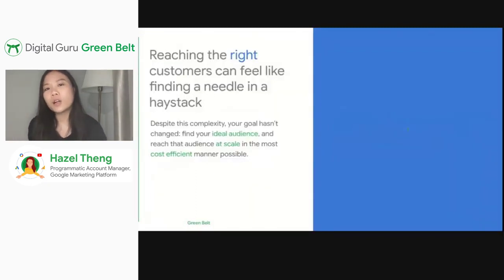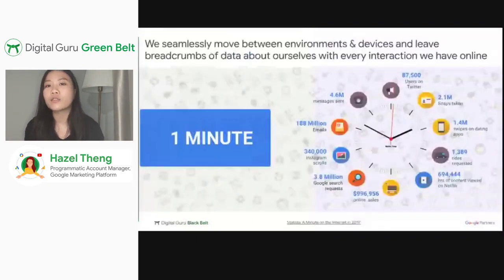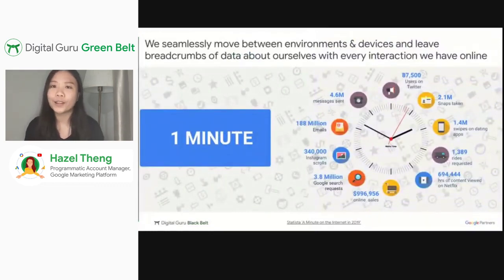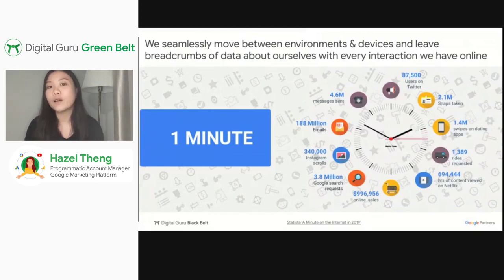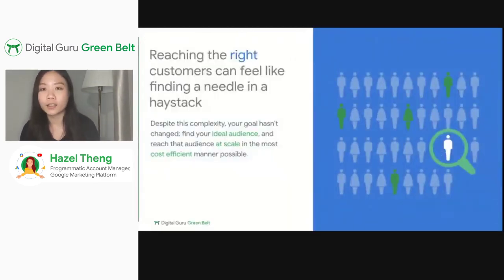And this is even more apparent in today's digital era, right? Where as consumers, we don't just go online, but we literally live online. One minute we are on a news site, and then another minute we're looking at a shopping site, and the next we're on a travel site looking for our next travel destination. So as social beings, we really live online.